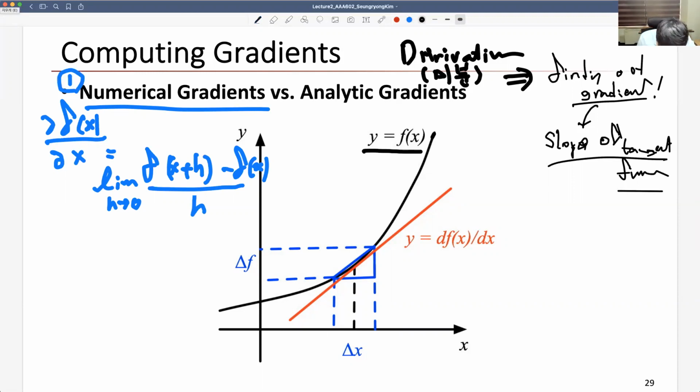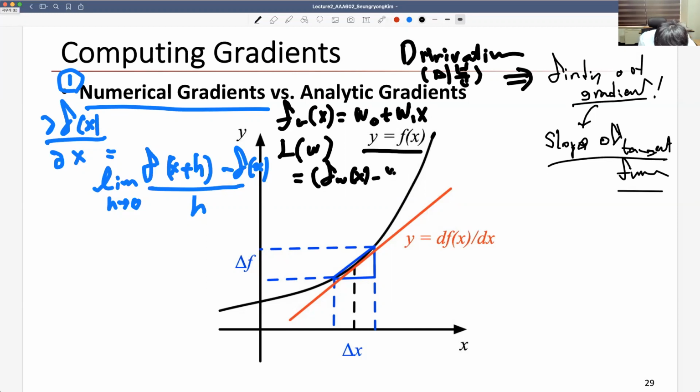So, for example, let's think about our previous example. We have a mapping function, something like w0 plus w1 x, right? Then our cost function or our loss function in terms of w is going to be (f_w(x) minus y) squared. It's going to be (w0 plus w1 x minus y) squared, right? If we think about this case,